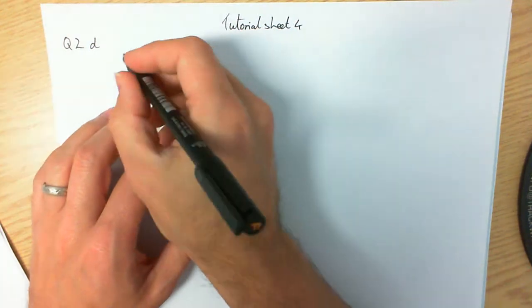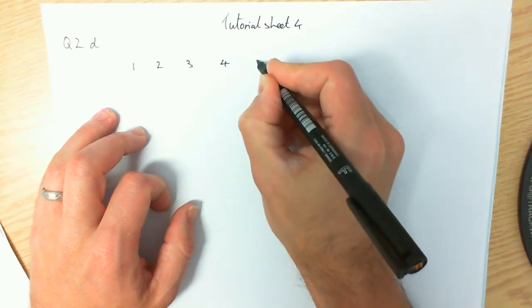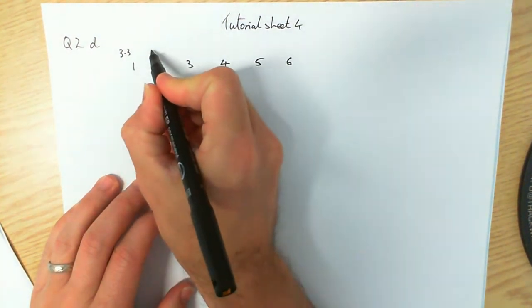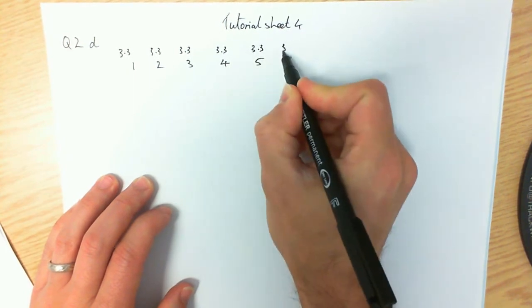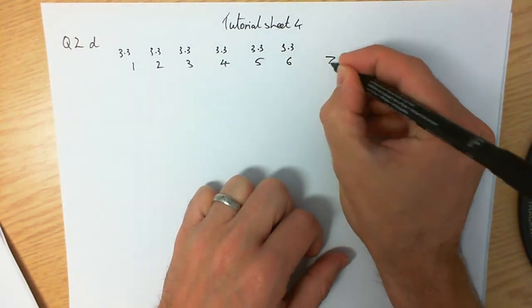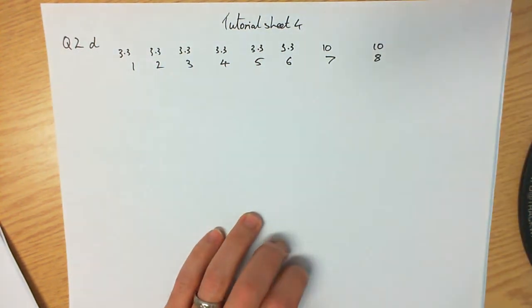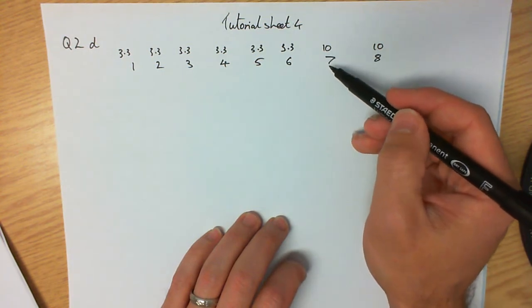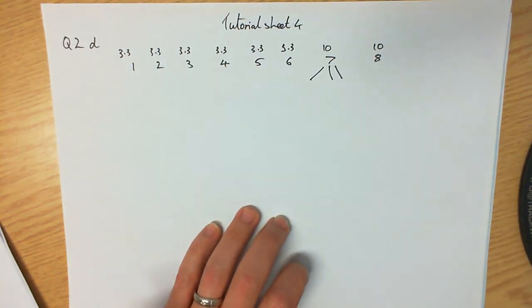So what we're going to have in this situation is our initial 6 channels, and each one of those is 3.3 kilohertz. And then we've got our channels 7 and 8, which are at 10 kilohertz. And what it suggests is if we sample this at 3 times the rate, in other words, what I'm going to do is break that down into 3 sampling points,